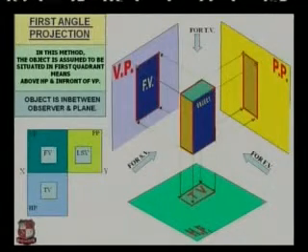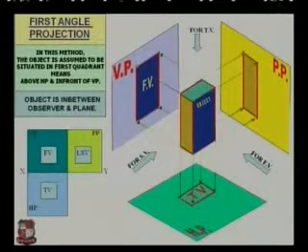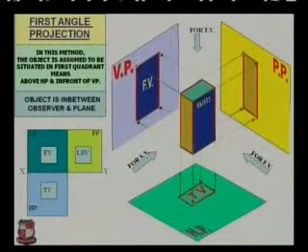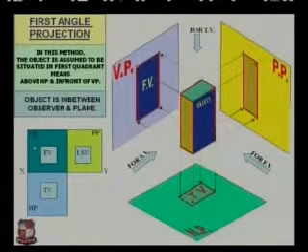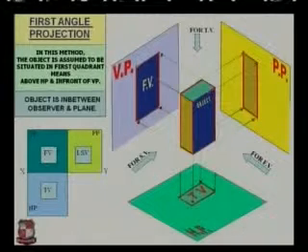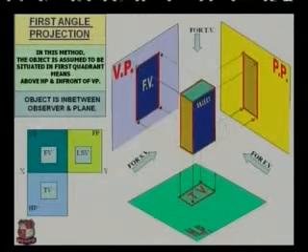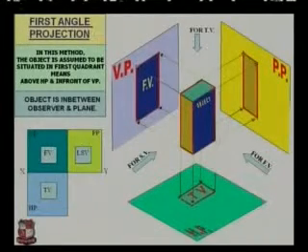These different colors indicate the simplicity of viewing the different views, that is the front view, top view and side view of this particular object. We can see the XY line in this figure. The vertical plane should always be above the XY line, the horizontal plane should always be below the XY line, and the profile plane is always above the XY line, which is parallel to the vertical plane.